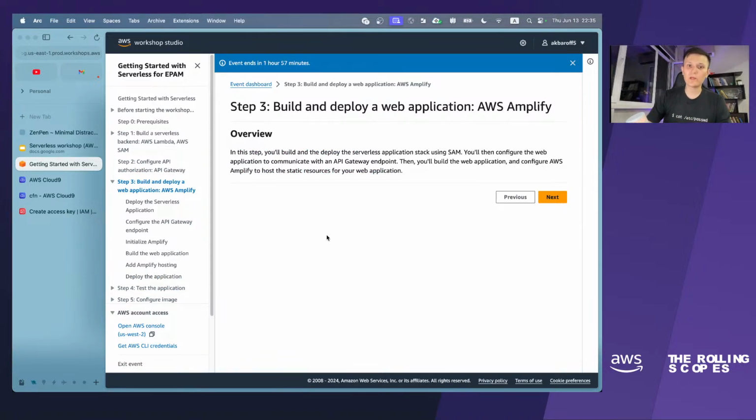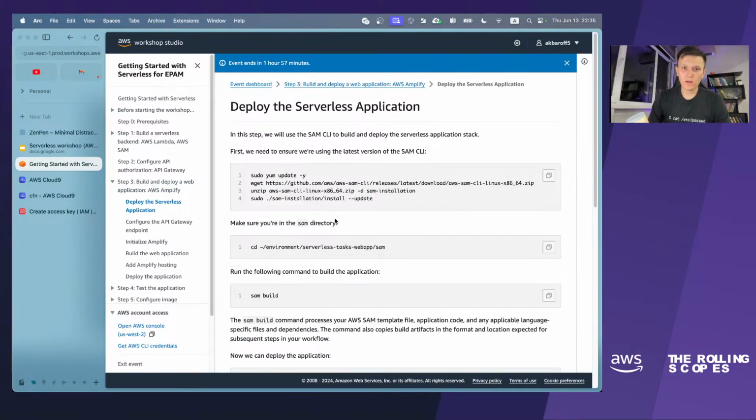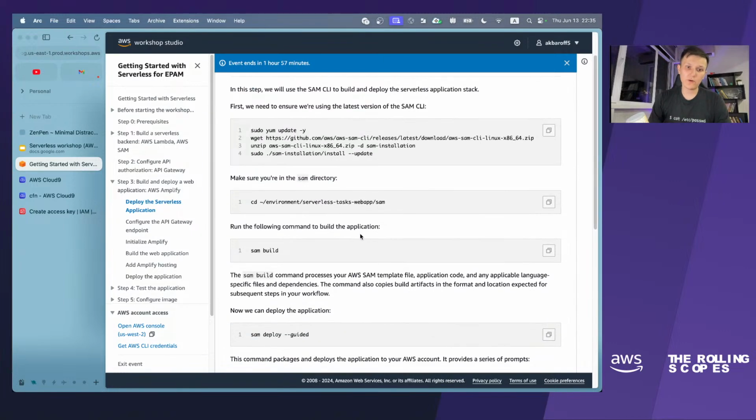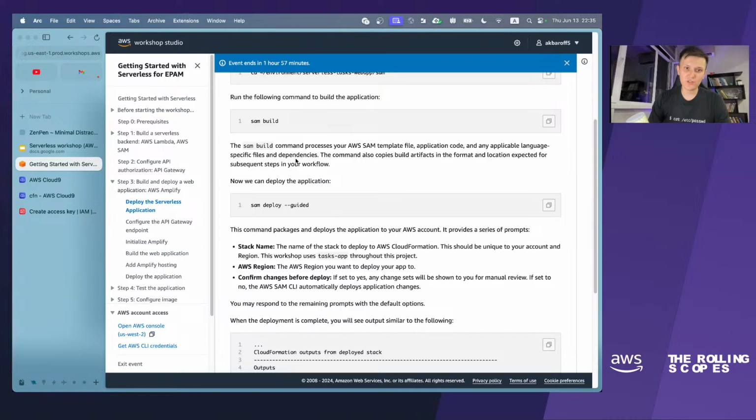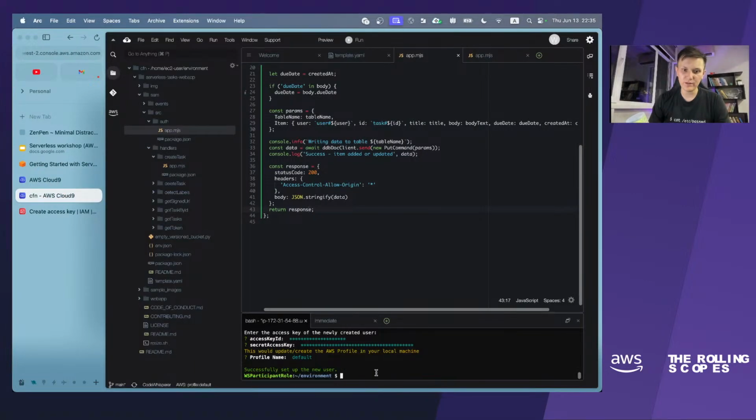In this step we will build our application, and after that we will deploy it. So how to build our application? As I said, we have a fancy CLI, which allows us to build our application just by typing a build command in the console.